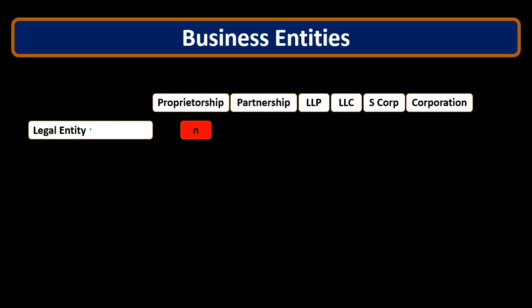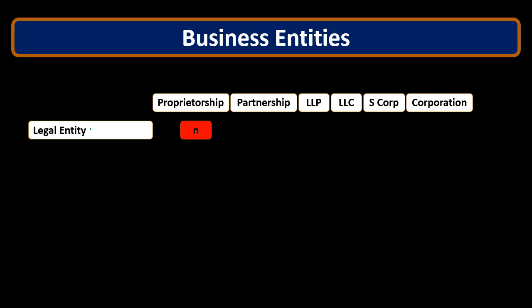We account for the books, of course, for any type of organization as separate from our personal books. But from a legal perspective, the corporation is going to be a separate legal entity. In essence, we're giving the corporation human characteristics, like they can own property and pay taxes. Whereas the partnership is a flow-through entity and is not considered to own the property.